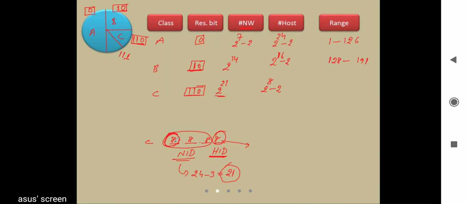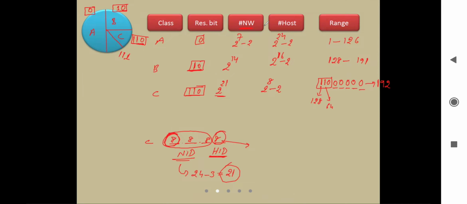So what is the first octet? It is 110, and after that how many places are remaining? It is 1, 2, 3, 4, 5. 5 places are remaining. For the minimum number I will put all zeros. And calculate the value. What will be the value for this one? The value for this one is 128, and the value for this one is 64. So 128 plus 64 is what? It is 192. So the value for this one is 192.